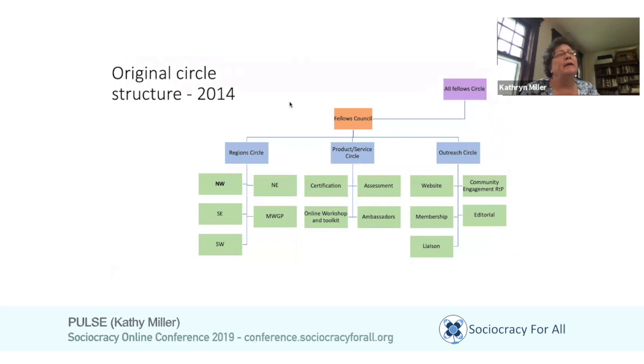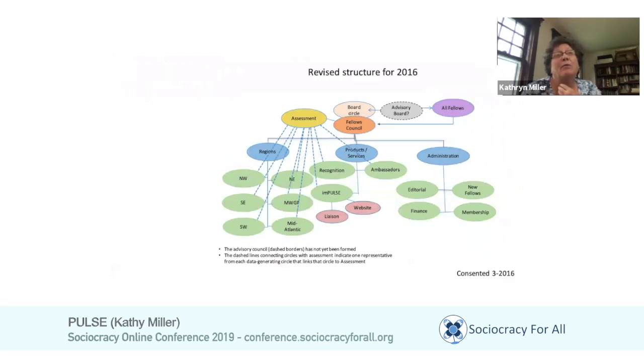Every 2 years we reevaluate whether our circle structure is working. We have a term of 2 years on our circle structure, and so we look at it every 2 years and ask if it's working. And every 2 years we've been changing it slightly, looking at parts that don't work well and changing them out to be more effective. So our revised structure in 2016 had a change where we reorganized some of the departments,